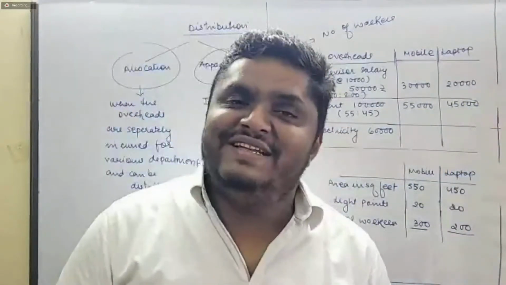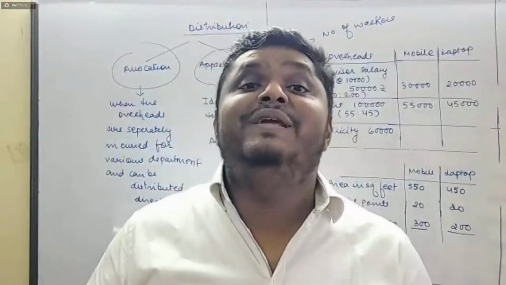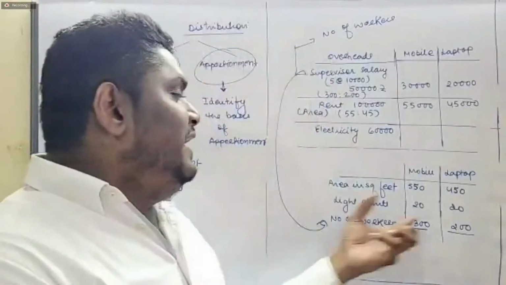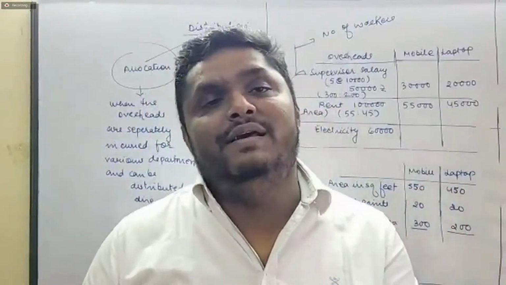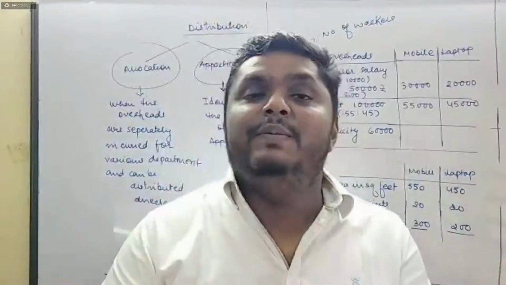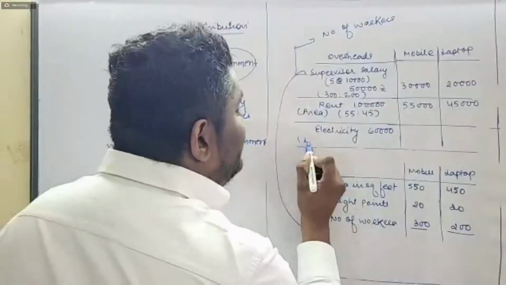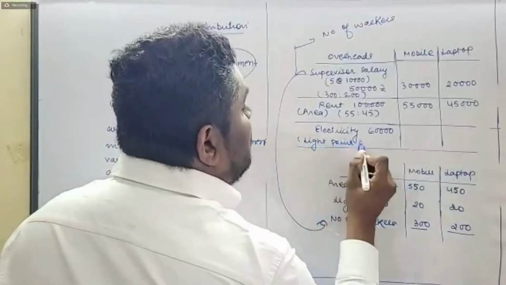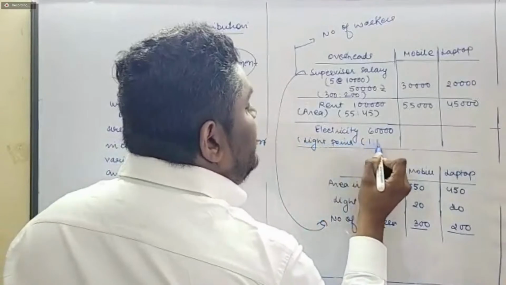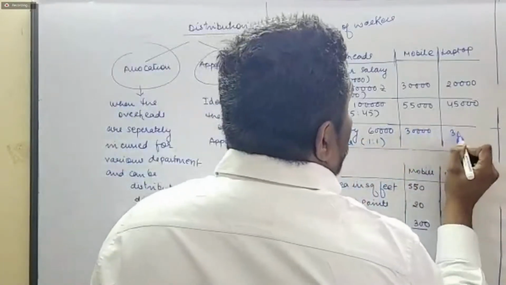Further, as far as electricity is concerned, again, the major basis of apportionment should be the light points. And herein the light points are given specifically: there are 20 light points in the mobile division and 20 light points in the laptop division. That is 1:1. So electricity should be distributed in the ratio of light points, that is 20:20 or 1:1. So we can say 30,000 and